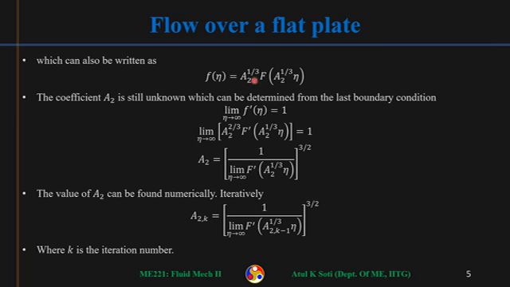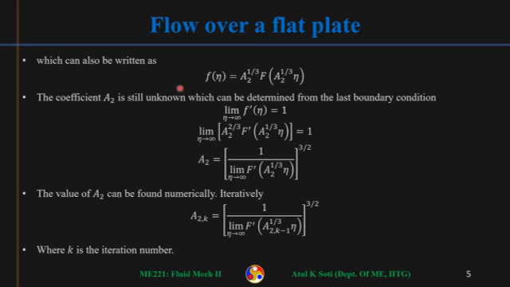So if I take out a2 to the power 1 by 3, then I can write f eta like this. F eta is a function of this coefficient a2 raised to the power 1 by 3 times another function, another polynomial of eta, a2 raised to the power half times eta. This is how I can write f eta. Okay, now all that is required is finding this a2. This capital F form is already known from the previous slide. How do we find out a2?